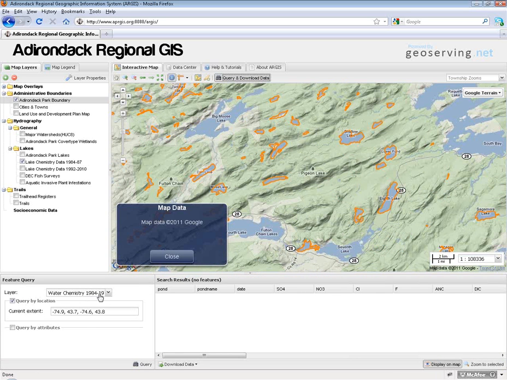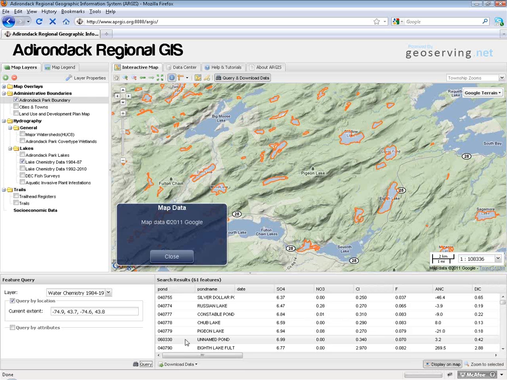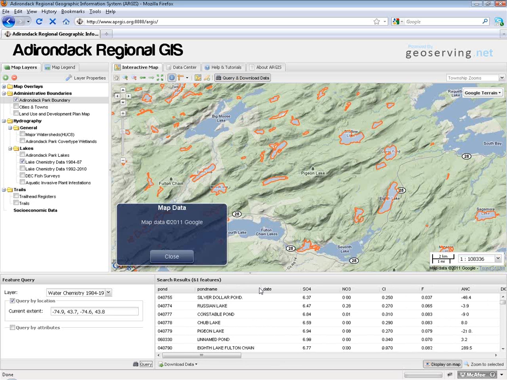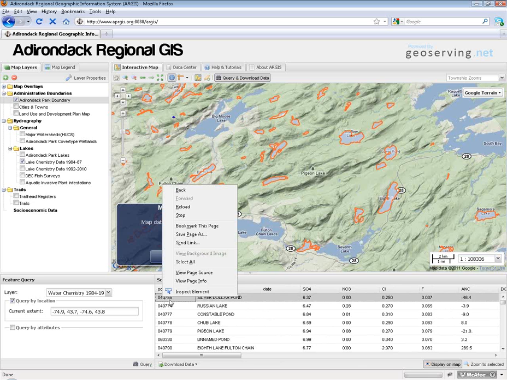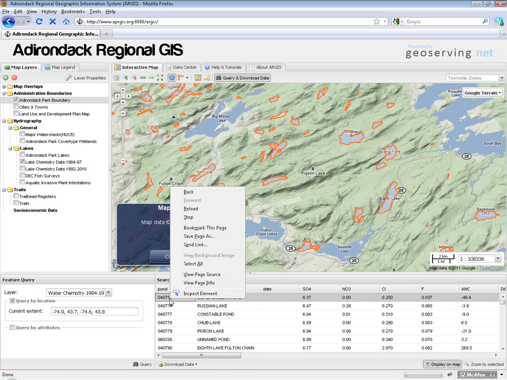And you see what's brought up is this layer here, Water Chemistry 1984 to 1987. And I've got this query by location on, so it's just going to select the things in the current view. And it's going to query the database directly. And so then here you have a sort of interactive attribute table where you can click on